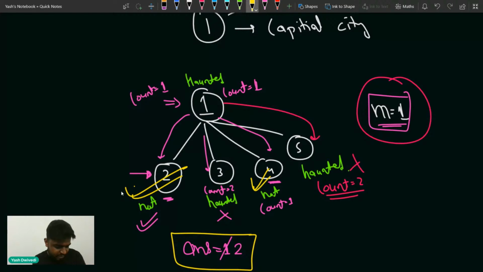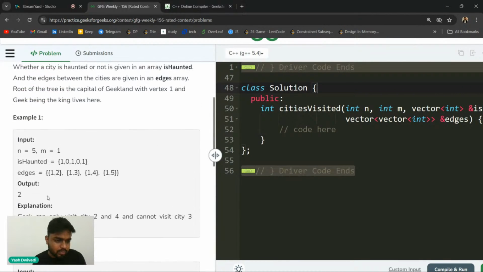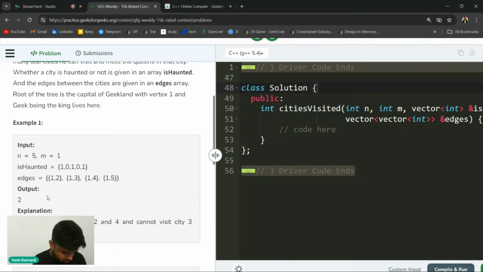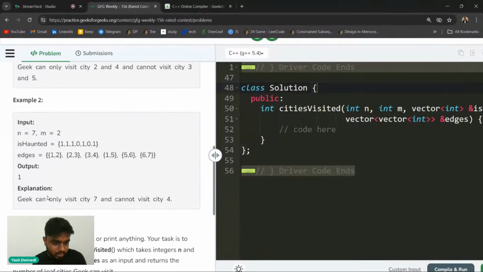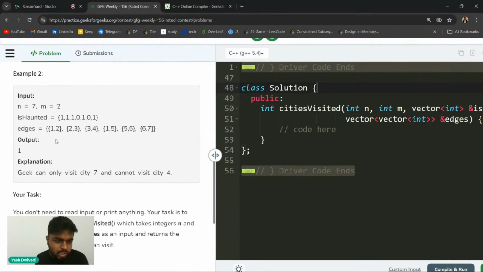And n is equal to one? Where n is equal to one? I'm not sure. There is no test case where n is 1. Right. So if you see the next test case, let's go on to the next test case, guys.